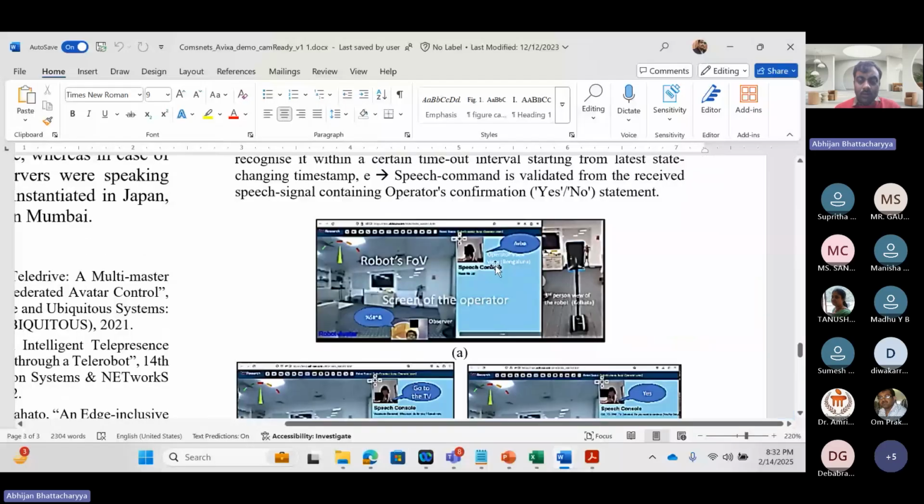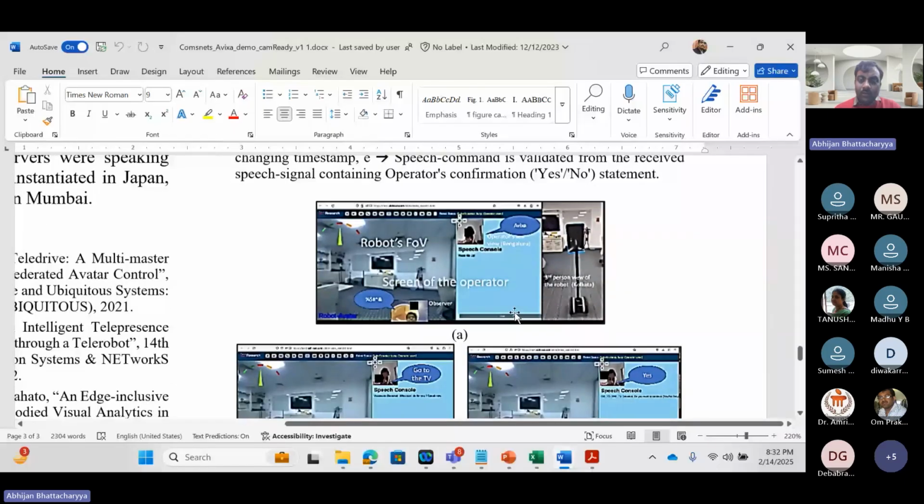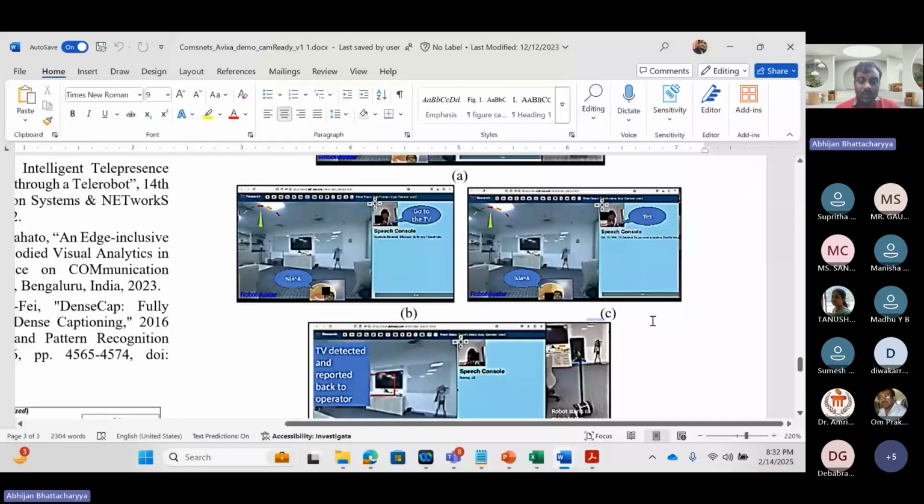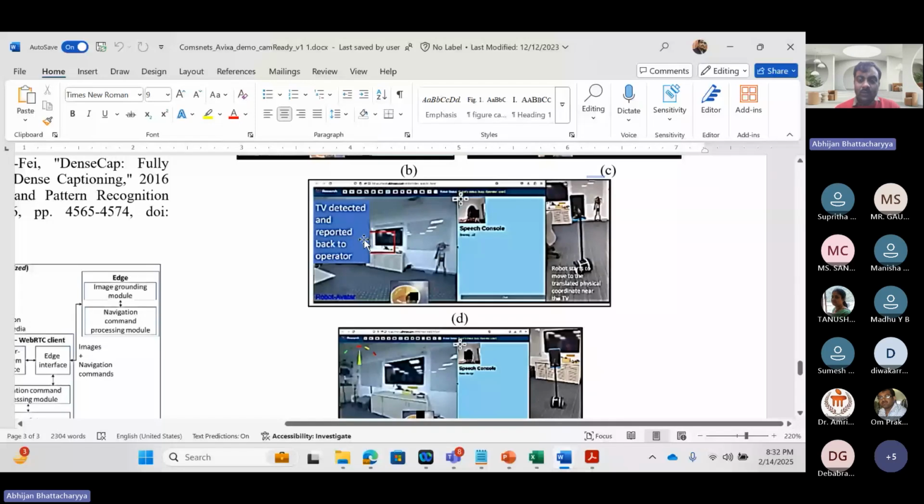It's not very clear, but this is where it says wake me up, and this person calls the robot by the name Avixa, and then it wakes up, and then the person tells it to go to the TV. When the robot detects the command, it asks whether you need to confirm by yes or no whether this is the correct command, and the person says yes. Once the person says yes, the TV gets detected, because that is where the image grounding happens, and then it says that I'm executing, and it starts to move and goes